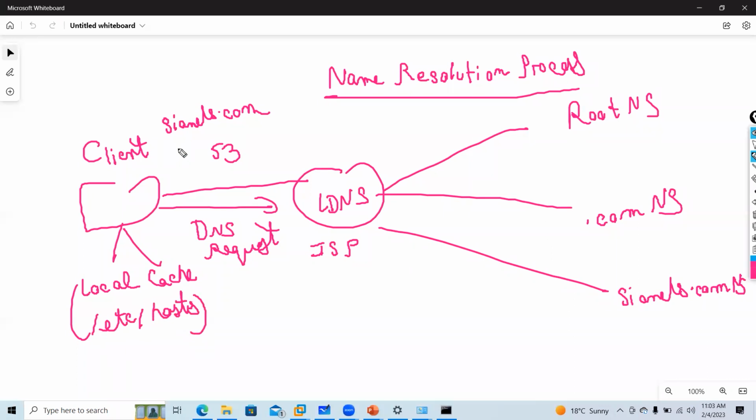These entries are not there. The IP address of sianets.com is not found. Finally, it will send a DNS query to LDNS. Now, for LDNS, there is a concept called recursive versus iterative query.